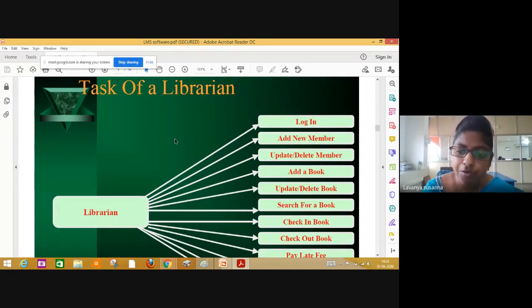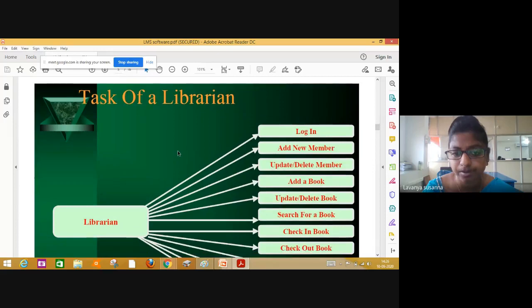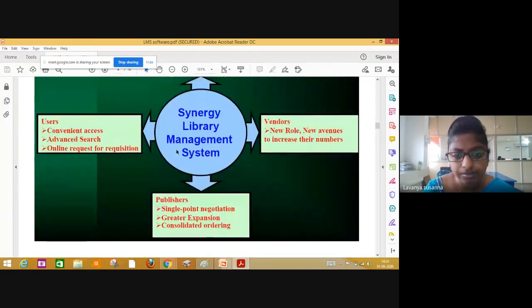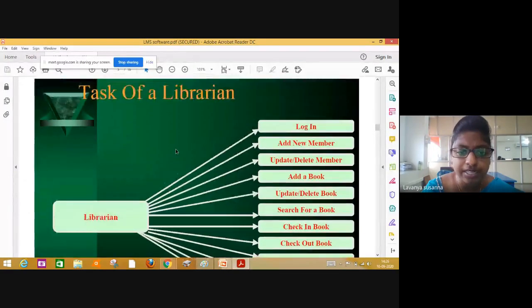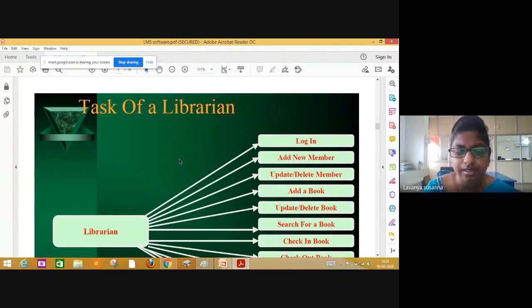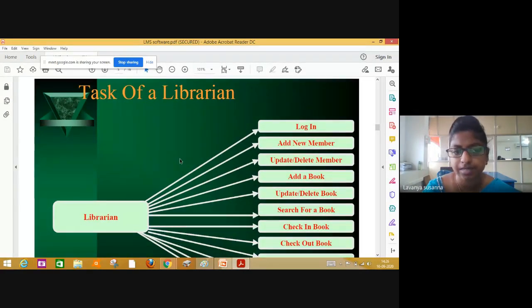If you want to request a book, you can request it by providing all the details of the book. If it is available in the library system, you will get that book, and the librarian will issue the book. All these things happen in the online library management system. You can also read any magazines, any research books. It is a software system.